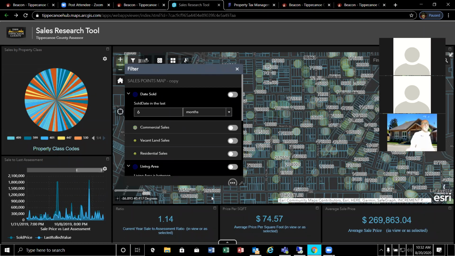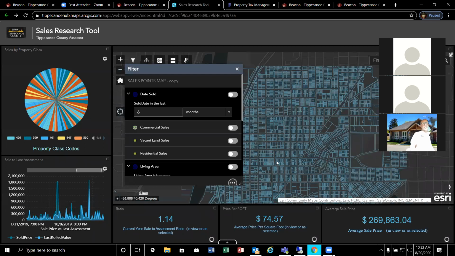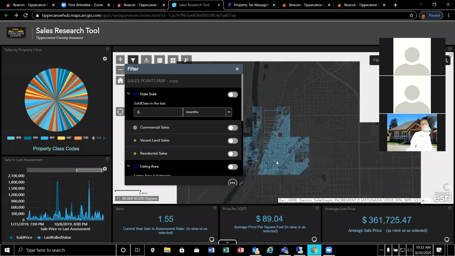And maybe it got rezoned to commercial development. We only tax things as they are in use. So you've got developer discounts and all that kind of stuff out there to account for. But for the most part, we feel like we're pretty close, and these ratios aren't really way out of whack in most neighborhoods. Another thing I didn't mention is when you zoom way out, there is a heat map